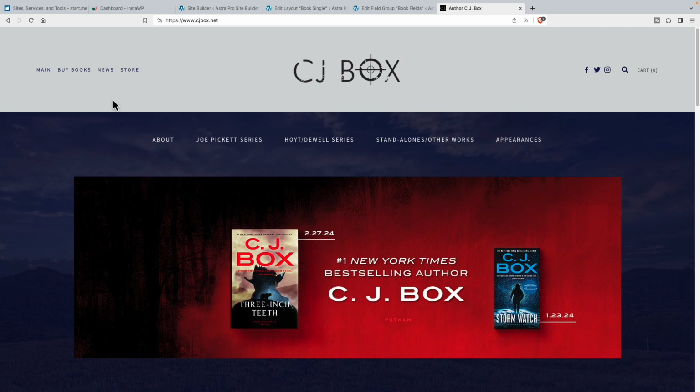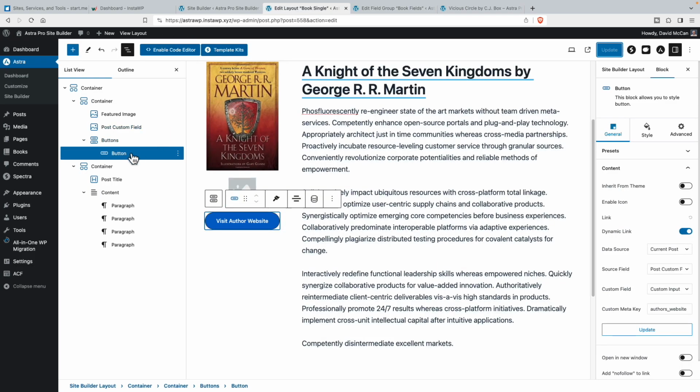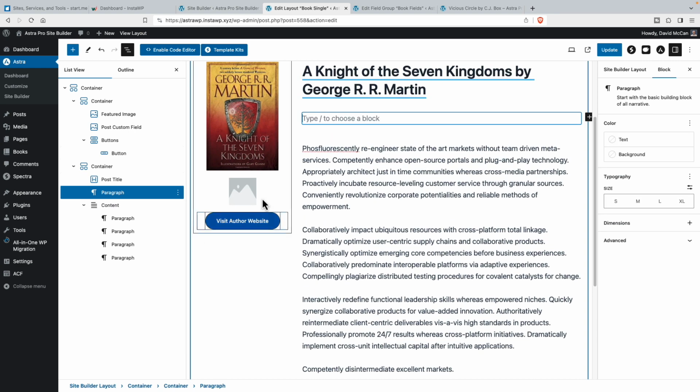Awesome, we went to the author's website. So everything's working there. It's pretty easy. One more thing maybe we can try. Let's try adding in the post meta a row here with the author's name and the date that it was published. So I'm going to go back here to the editor, and under the post title, let's add a new